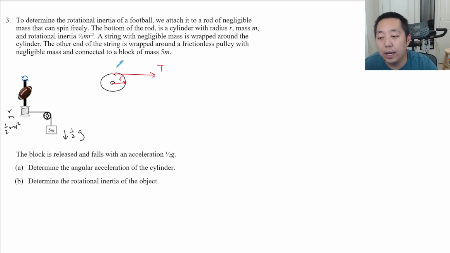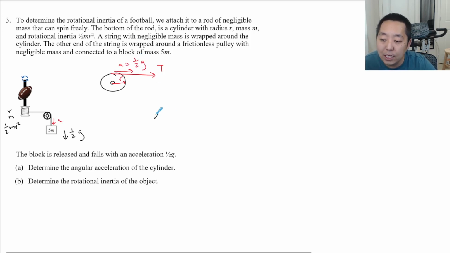Well, one thing I could say is that when you think about the rope unwinding, the amount of rope that's unwinding here has to match the rope that is falling. So the acceleration of this rope has to match the acceleration of this rope. So this rope is unwinding at an acceleration of 1/2 g, okay? But the angular acceleration then is connected to